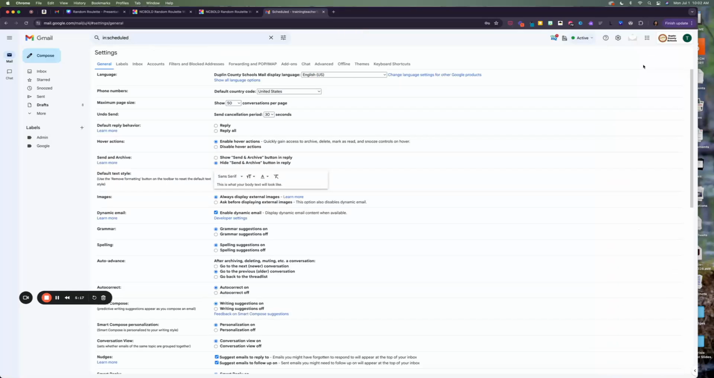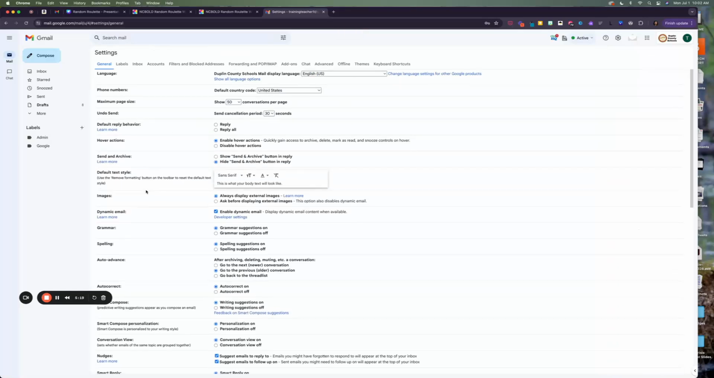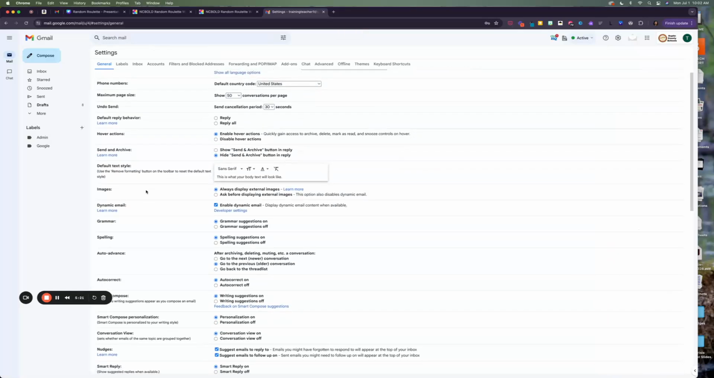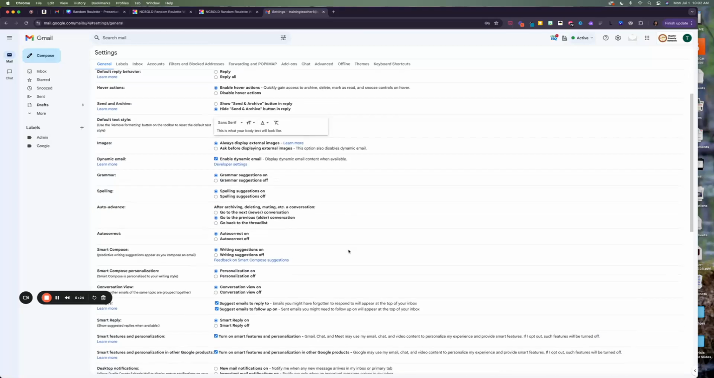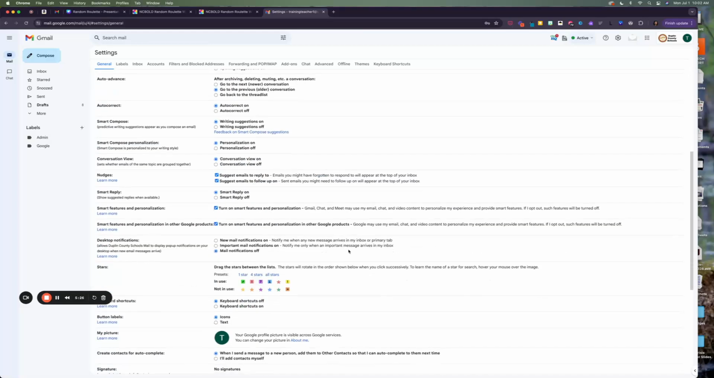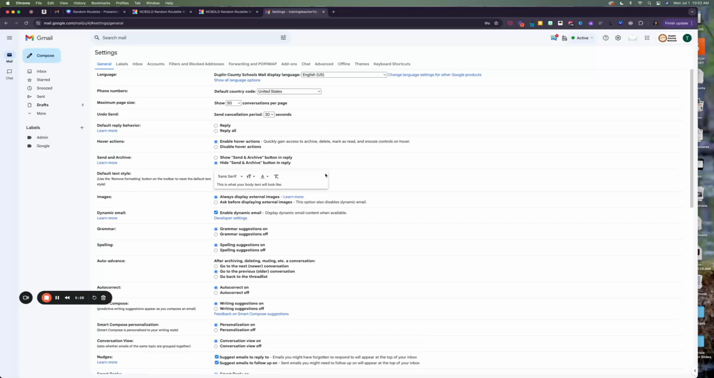at the top, if you scroll down a little bit, it's usually under, let's see, here. It's under maximum page size. You'll see a little bit down that says undo send. Right now, I think it defaults to 5 seconds for anybody who hasn't changed it. But I have mine set to 30 seconds. So if I were you, I'd go into my settings and I'd go ahead and change that to the max,